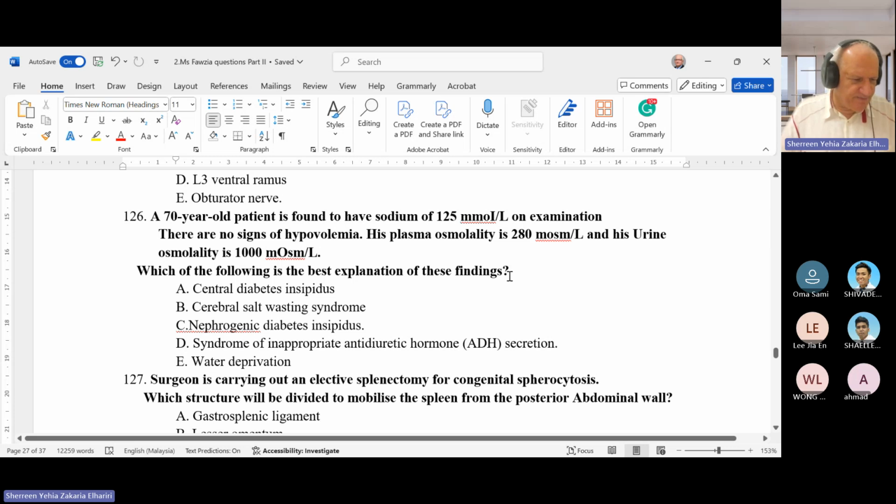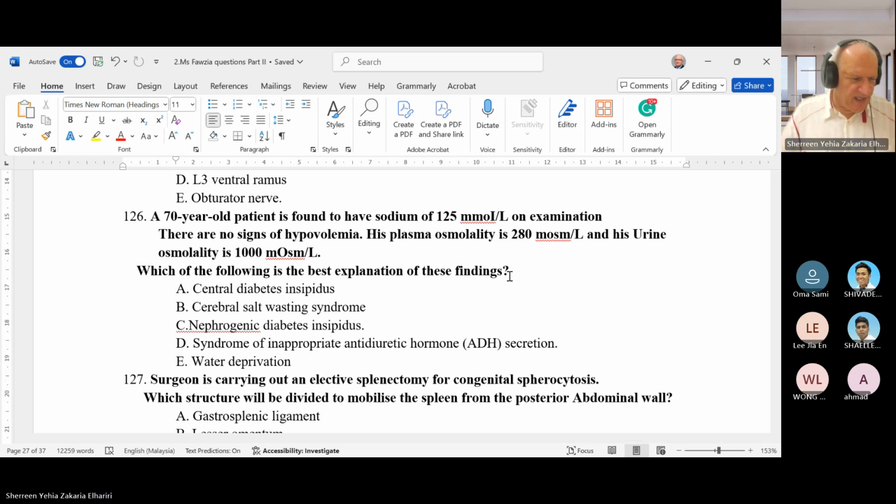This patient has slightly low sodium, but the osmolarity is okay. So what do they have? SIADH, the syndrome of inappropriate antidiuretic hormone, which causes water retention and does not affect blood osmolarity,